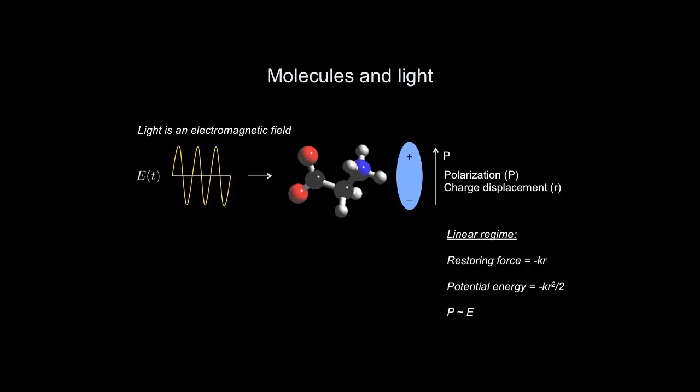The dipole moment per unit volume is called the polarization, and in the linear regime, this polarization is proportional to the electric field. Also, we have a